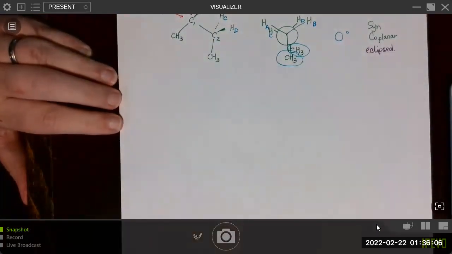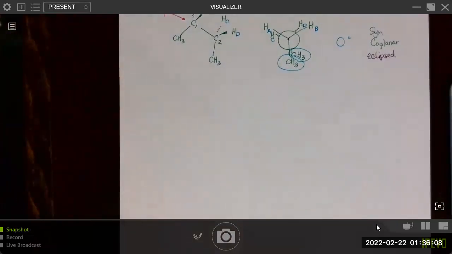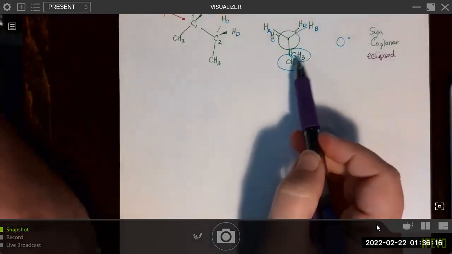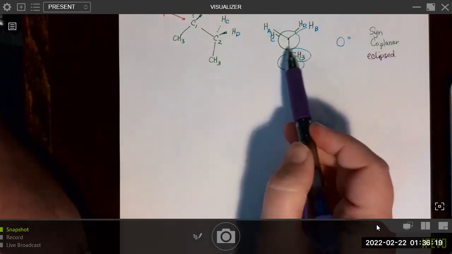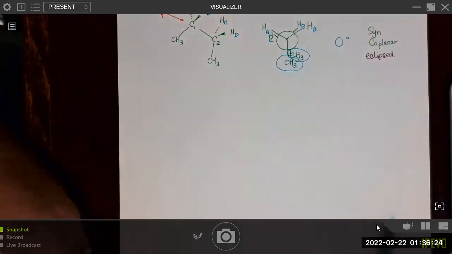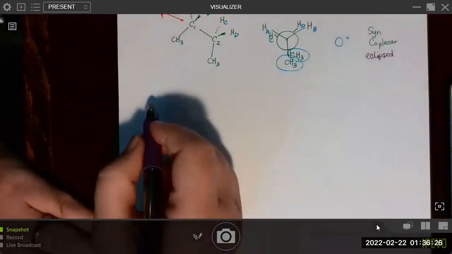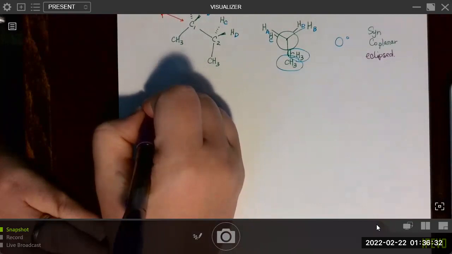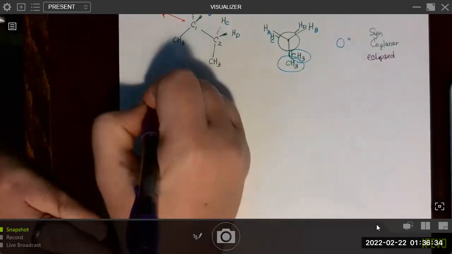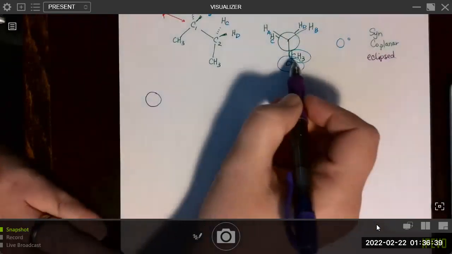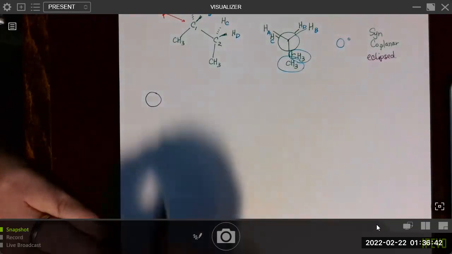And by the way, let's think about energy-wise, where should we draw this? Should we draw this higher energy or lower energy? Well, right now we have the two methyls eclipsed, and that's going to be the highest energy or the least stable conformation possible. So that's definitely going to be the highest energy level. I'm going to try to draw it starting from up high. So we'll just copy this. And again, I'm going to drop the A, B, and C and just focus on the two methyls and their relationship to one another.